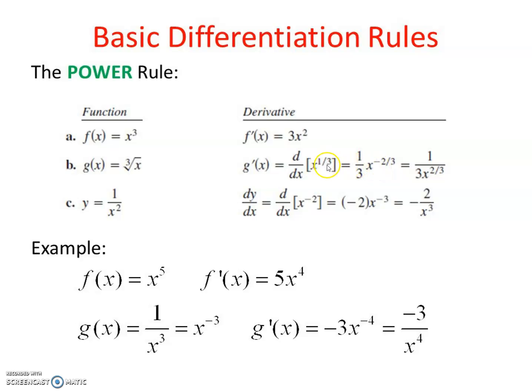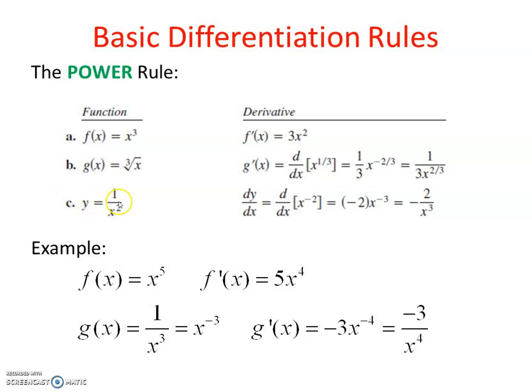So that is x raised to minus 2 upon 3. The 1 upon 3 remains the same. x raised to 1 upon 3 minus 1, that is 3 into 1 minus 2 upon 3, so it is minus 2 upon 3. So we get 1 upon 3 x raised to minus 2 by 3. We use x raised to minus n is 1 upon x raised to n. So 1 upon 3 remains the same, and the index minus 2 upon 3 becomes positive using the law of indices.